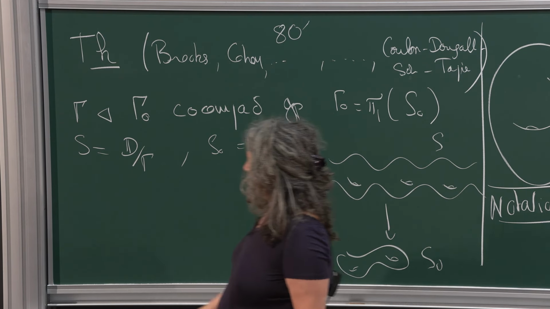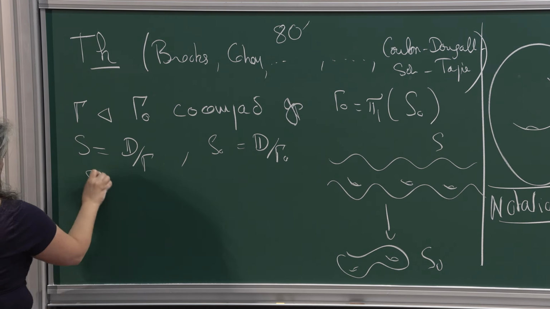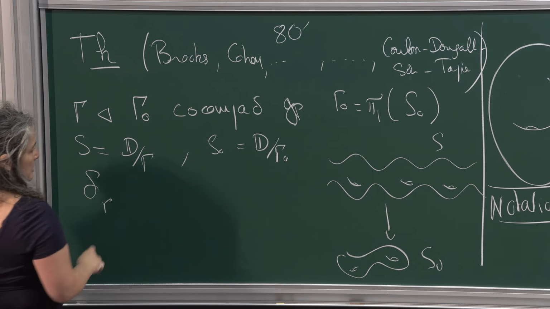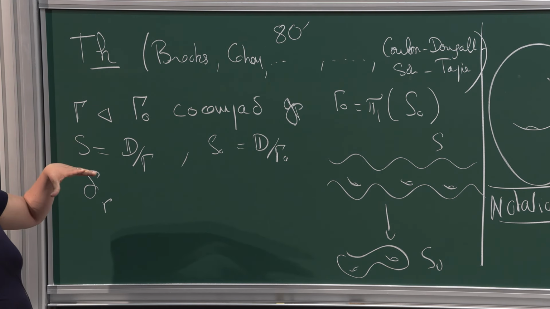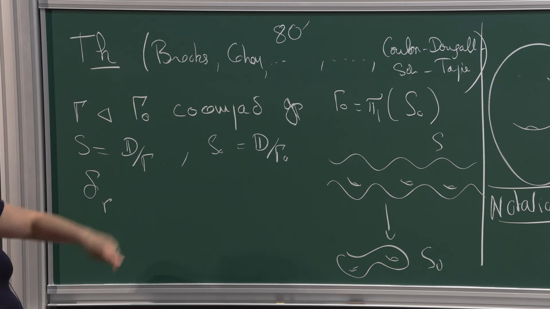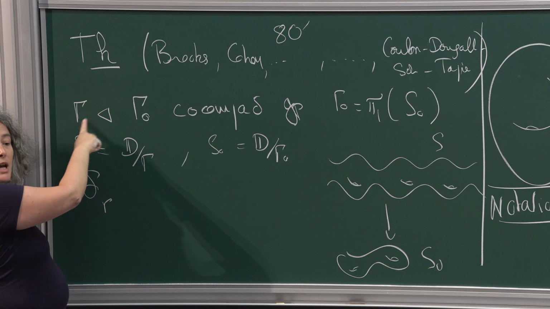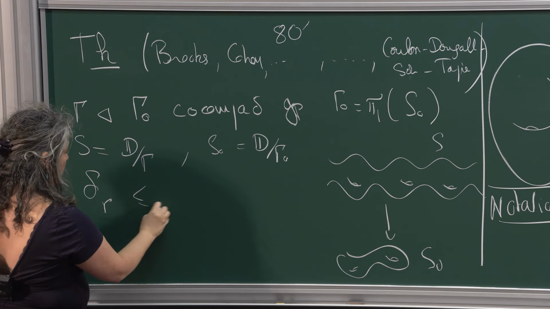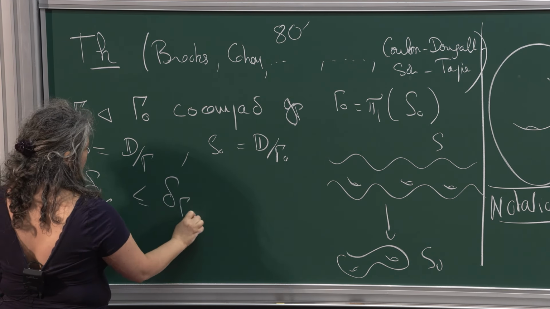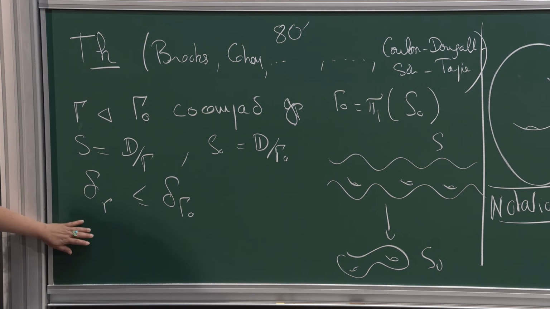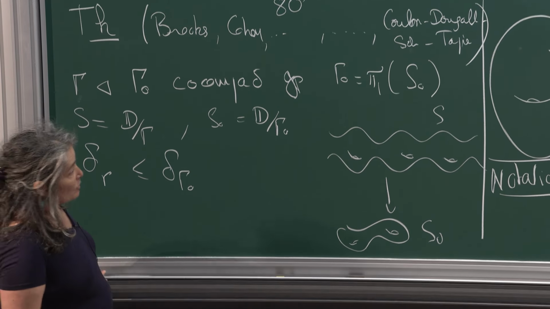And so, of course, you have critical exponents, and it's the growth rate of orbits of the group on the universal cover. And as gamma is a subgroup of gamma 0, you have fewer elements in gamma than in gamma 0, so of course you have this inequality, which is completely trivial. And then if a mathematician sees an inequality, you ask, but when is it equal? And it's equal